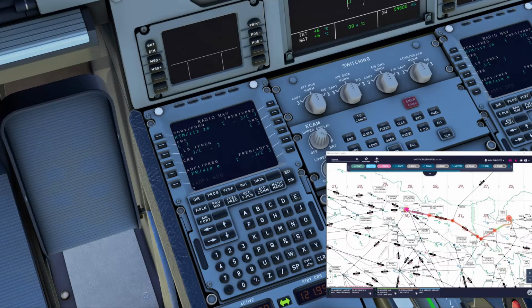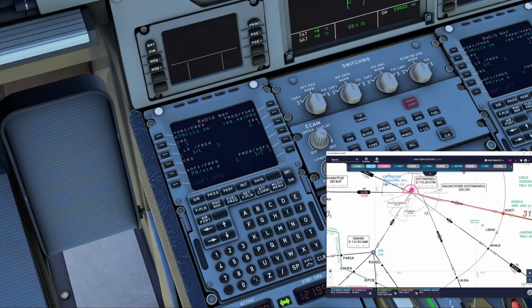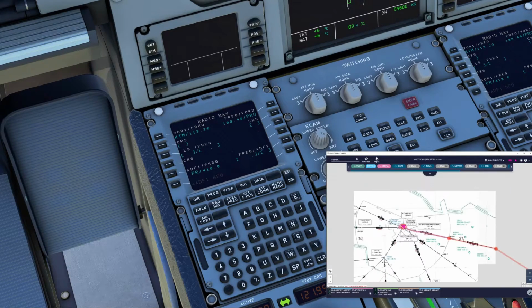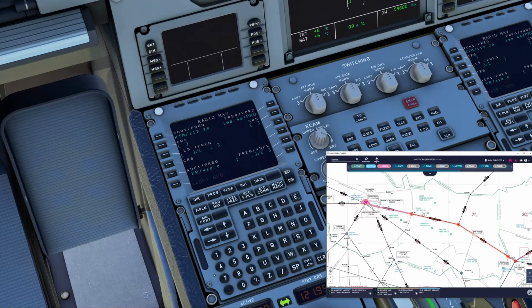Okay, and also PRO we're going to put there. Good. All right. Now the VOR is actually quite offset from the airport at Paro.